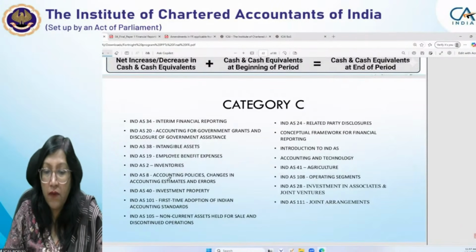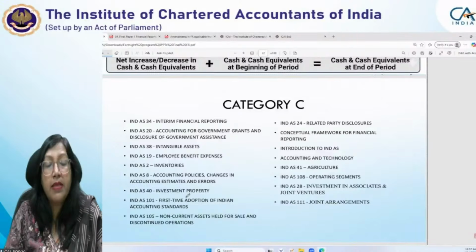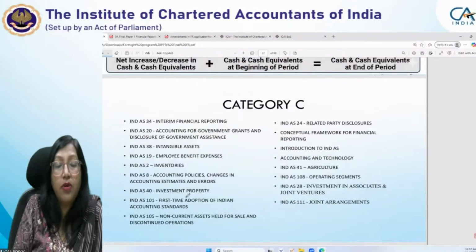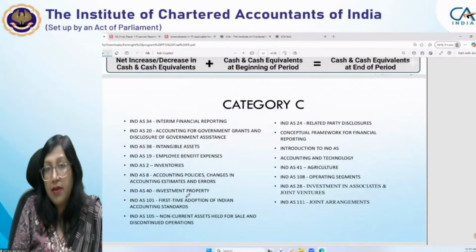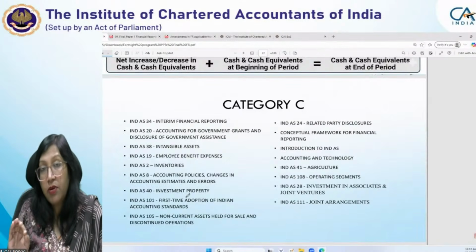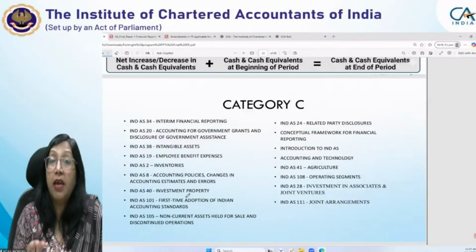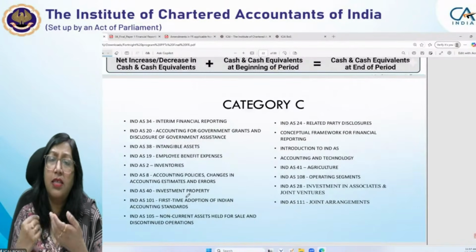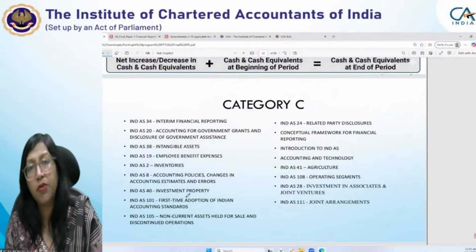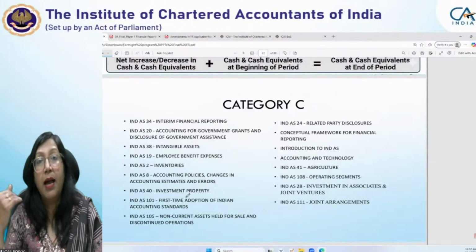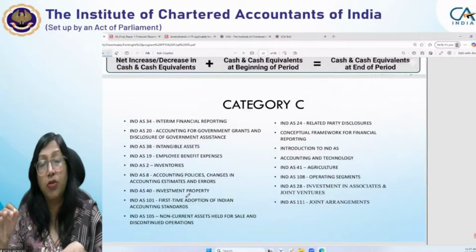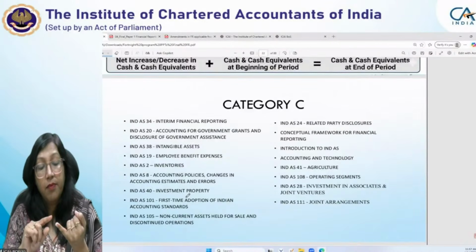ओके, ड्यूरिंग द सेशन आई एम देयर फॉर यू टू रिजॉल्व एनी काइंड ऑफ क्वेरी। ओके, इन्वेंट्रीज के बाद अब आपके पास है अकाउंटिंग पॉलिसीज, चेंजेस इन अकाउंटिंग एस्टिमेट्स एंड एरर्स। ये बहुत इंपॉर्टेंट स्टैंडर्ड है आपकी अपनी अंडरस्टैंडिंग के लिए, क्योंकि इस तरह की चीजें तो हमेशा होती हैं। एरर तो देखो कभी भी होती है, ह्यूमन बीइंग्स हैं तो एरर होंगी। आपकी अपनी प्रैक्टिकल लाइफ में भी ये होता है, तो अकाउंटिंग कैसी करनी है।